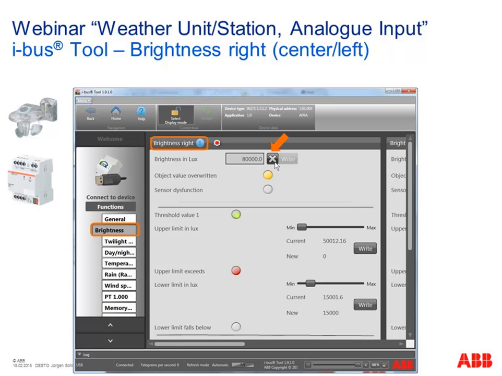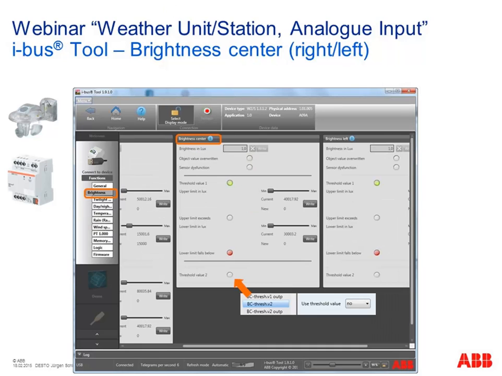To stop, for example, the simulation, we have to click here on this cross, and then our weather unit is still listening to the brightness sensor outside. So when you have done all the tests and everything is okay, click here on the button and stop the simulation. When you stop the simulation, we see our real value, which was during the night 1 lux, and this button here goes off. It shows that the weather unit is still listening to the sensor outside